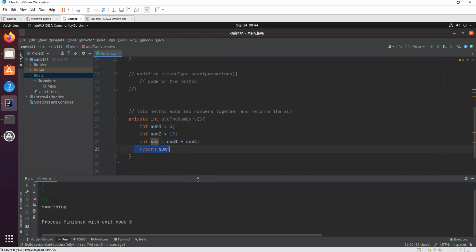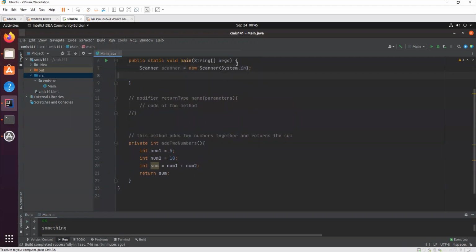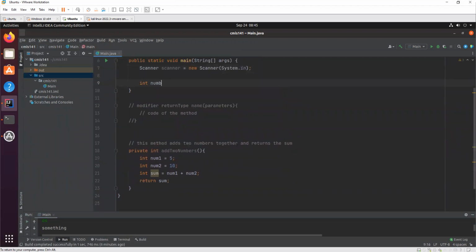So now how do we use this? We want to add two numbers together. Well, just like we did with the next integer and the next float and the scanner.next, we just have to use it by its name. So whenever we did the next int for a scanner, we had int, the variable name is equal to that method. Okay, let's see if we can do the same thing. We'll have int, the number is equal to